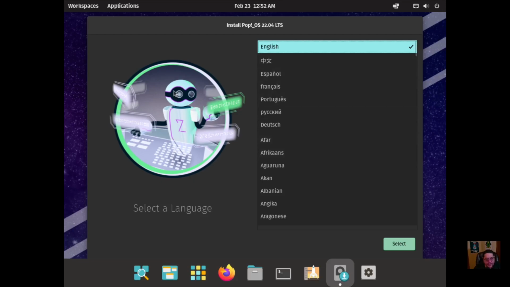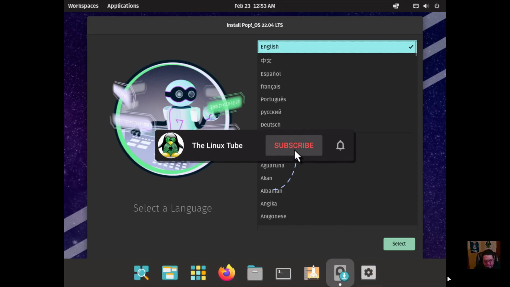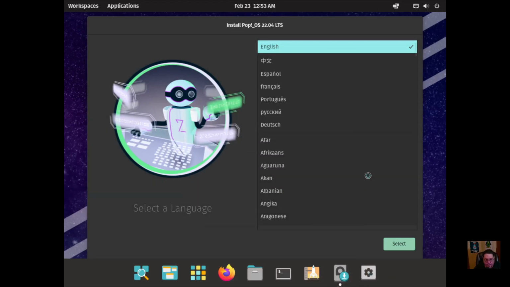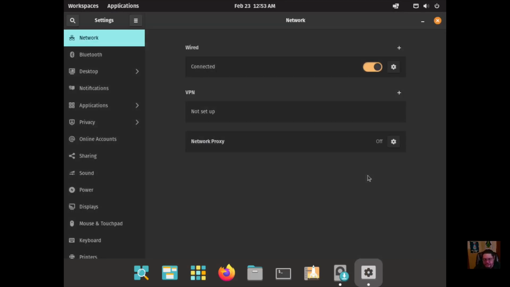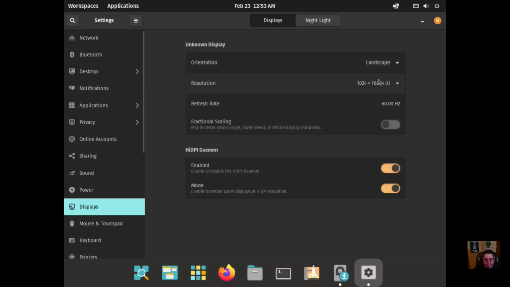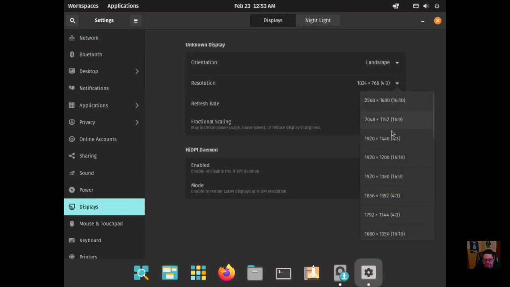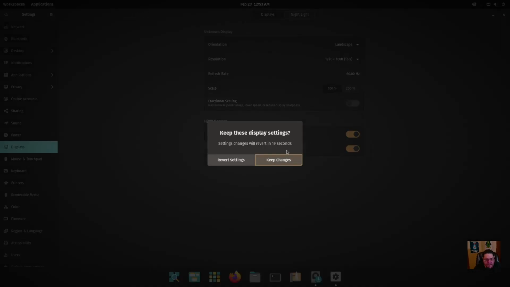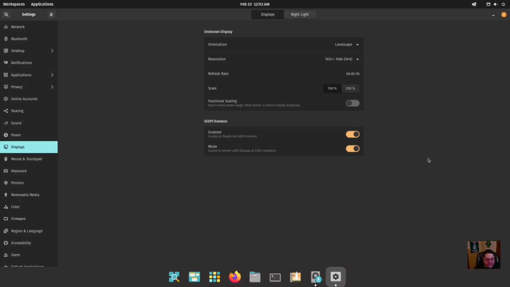So here we go. You'll notice that the graphics are not worth a hoot at this login. Right? When you log into the live CD environment, this is what it looks like. So it's not optimized. So we're going to hit settings, and it's going to take a minute to open up. And we're going to go down here to displays. We're going to go from the 1024 by 768 to the 1920 by 1080, and we're going to hit apply. Up at the top right hand corner, we're definitely going to keep these changes,